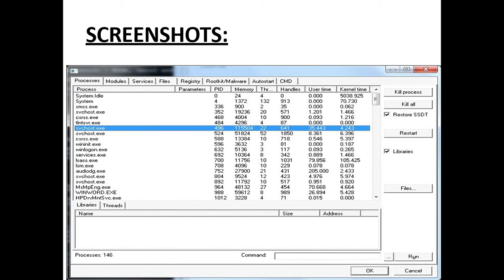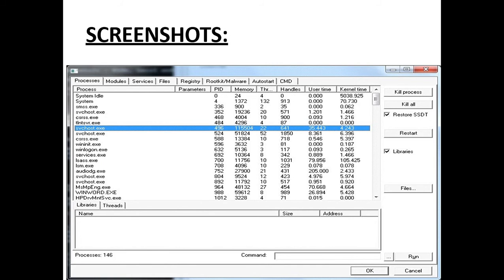So this is the screenshot of the rootkit tool. After installation of the rootkit tool, the window looks like this. These are the options: process, module, services, file, registry, rootkit, malware, auto start, and CMD.